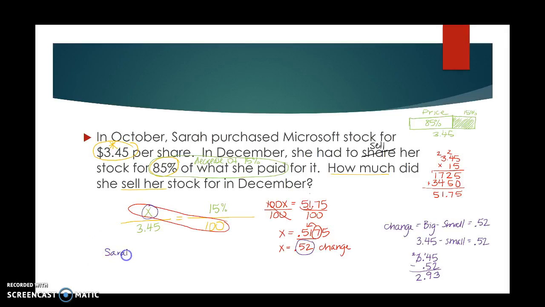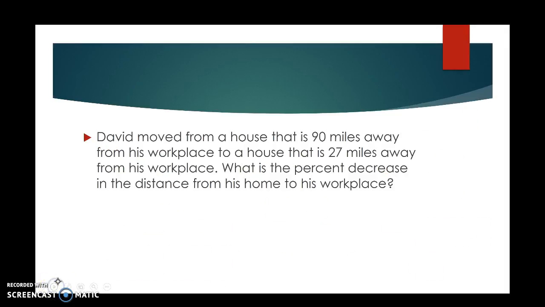Sarah sold her stock for $2.93, which was a 15% decrease from 345. Okay, good. All right, so these next few problems, I'm going to go ahead and read them with you,